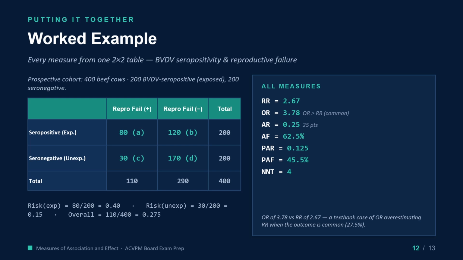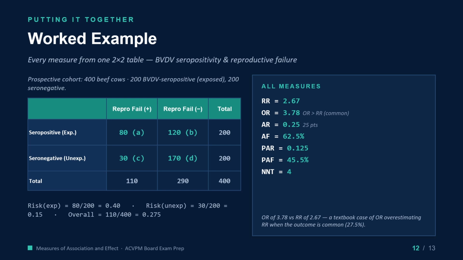Let's calculate each measure step by step. The risk in the exposed, 80 divided by 200 equals 0.4 or 40%. Risk in the unexposed, 30 divided by 200 equals 0.15 or 15%. The overall risk, 110 divided by 400 equals 0.275, 27.5%. The RR equals 0.4 divided by 0.15 equals 2.67, meaning seropositive cows are 2.67 times more likely to experience